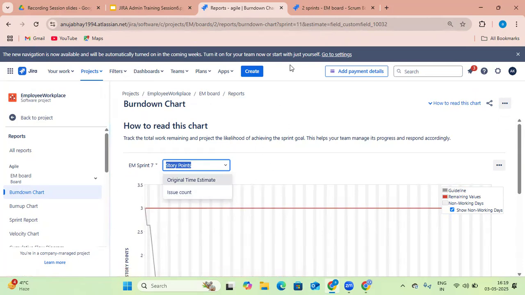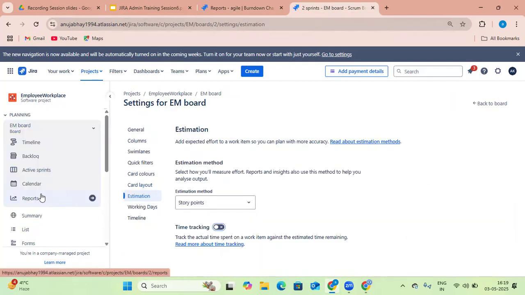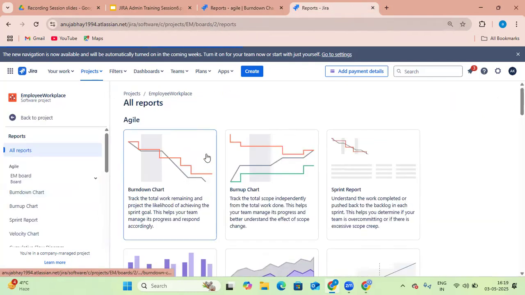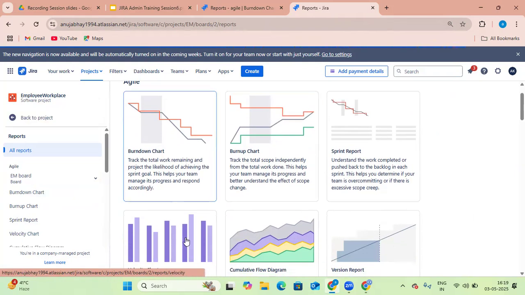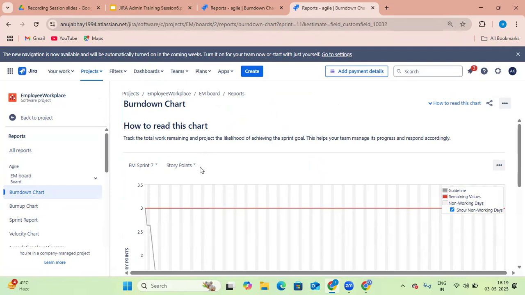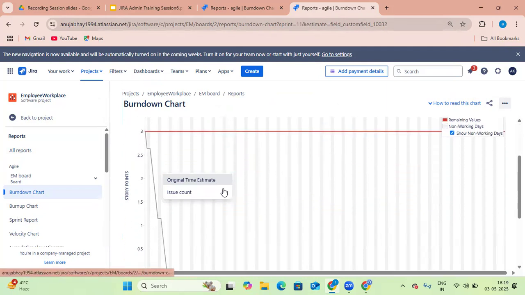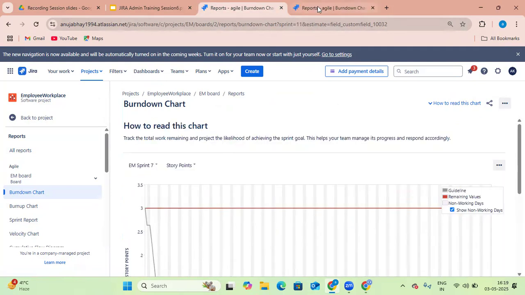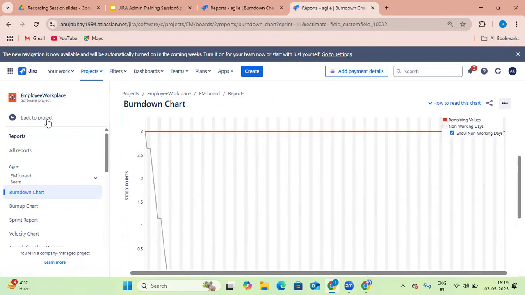So till now, this is a small overview of the estimation. When we come to the report, we will go through each and every chart: what is a burn down chart, burn up chart, how to read these charts. In that, we will see the different ways of doing things. Like the story reports with story points. We can see the reporting with the original time estimate and issue count. We will go through everything slowly. Okay. Now let me go through the